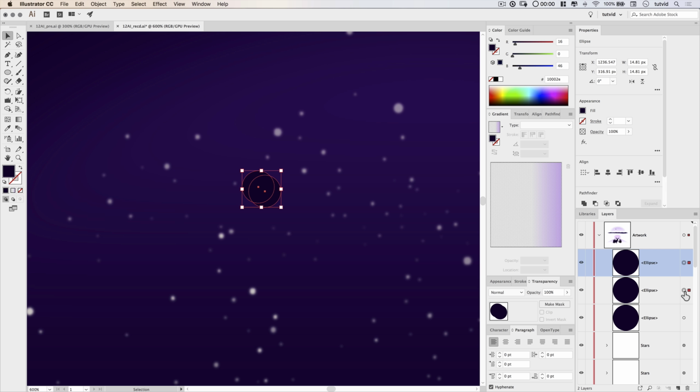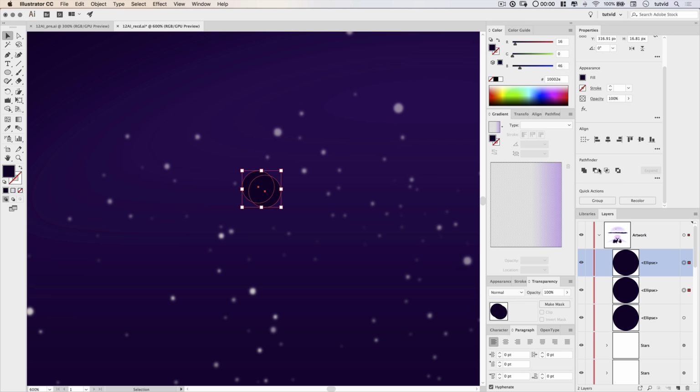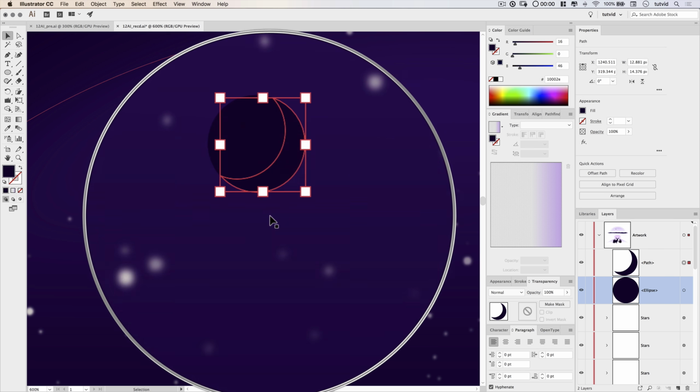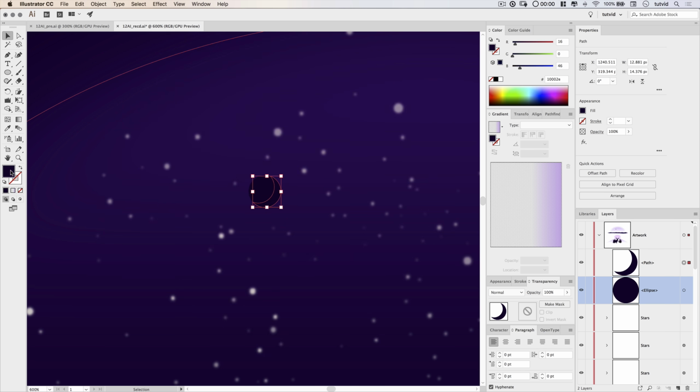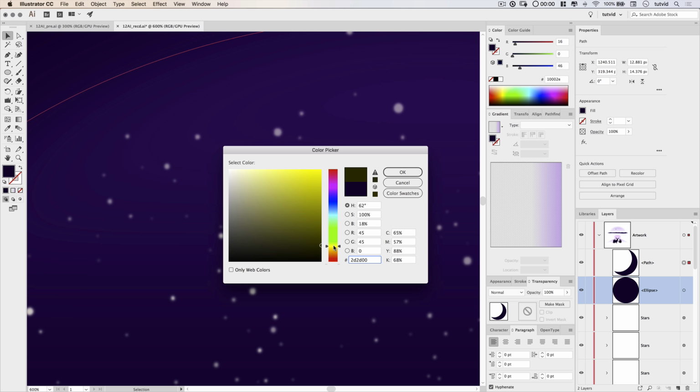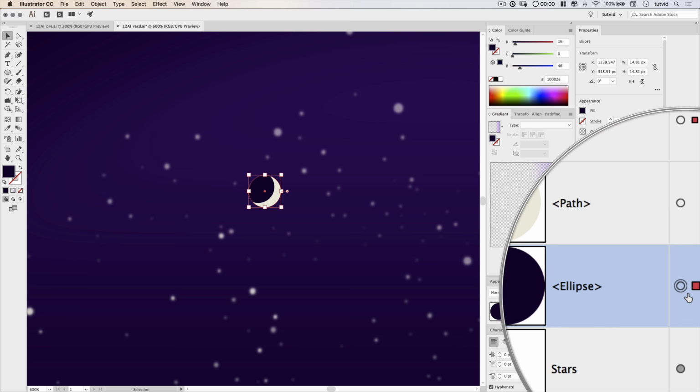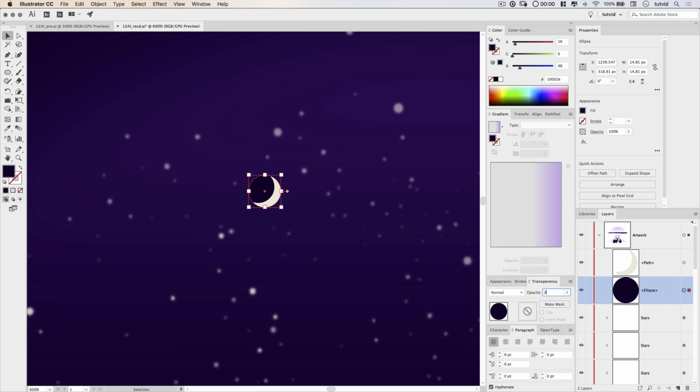And then hold down Shift and select the ellipse directly behind it. So the two top ellipses are selected, and then come up here to my Properties panel and choose the Minus Front option. And what we've done is we've just created a little crescent moon, which we can now fill with a nice buttery yellow color, kind of like we did with the stars. So let's go ahead and just grab some big bright yellow, maybe knock some of that saturation out of there, hit OK. And then I'll select the dark blue ellipse in the back right here, and just reduce the opacity to something like 25%.